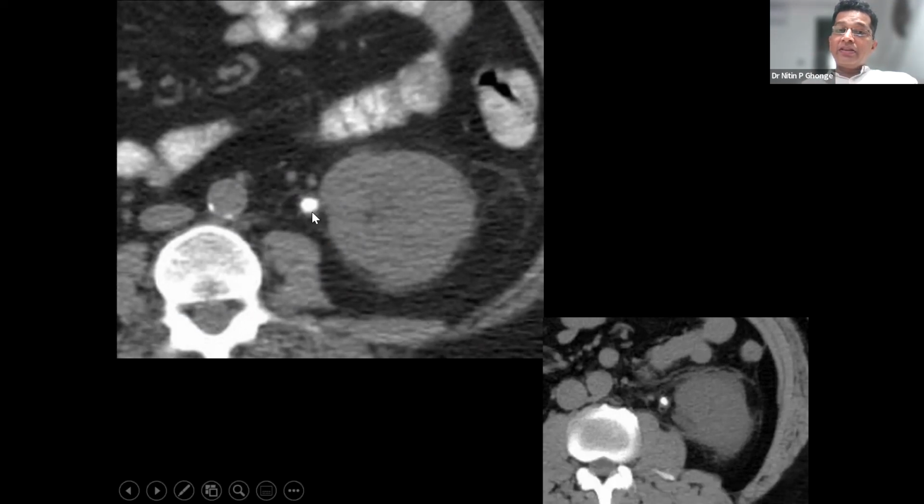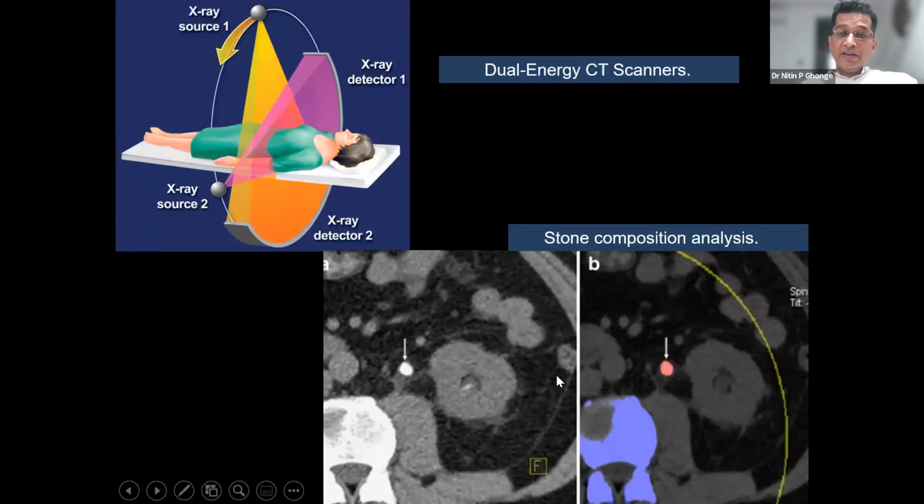Whenever there is a stone in the ureter, it is important to carefully look at the ureteric wall. If the ureteric wall is not thick or not inflamed, then the chances of its spontaneous passage are quite high. But here you can see there is thickening of the ureteric wall. There are significant inflammatory changes in the left kidney. So this suggests that the ureteric stone is quite likely to be impacted in this case. So the ureteric or the renal stones